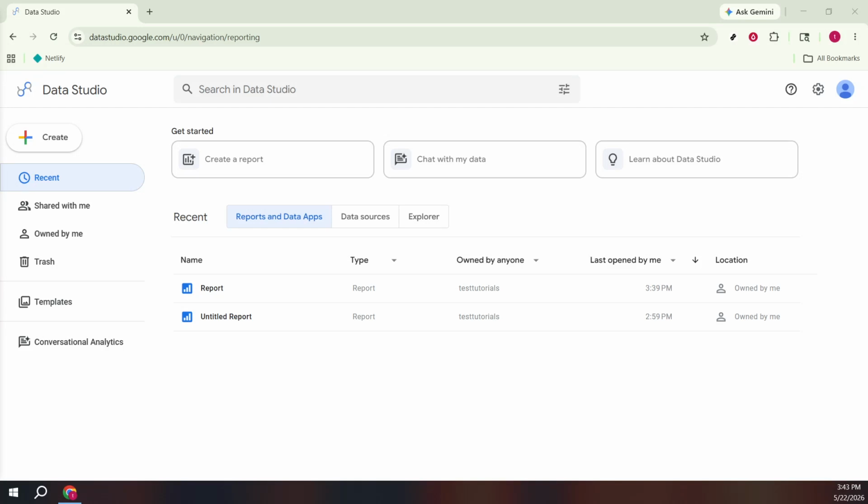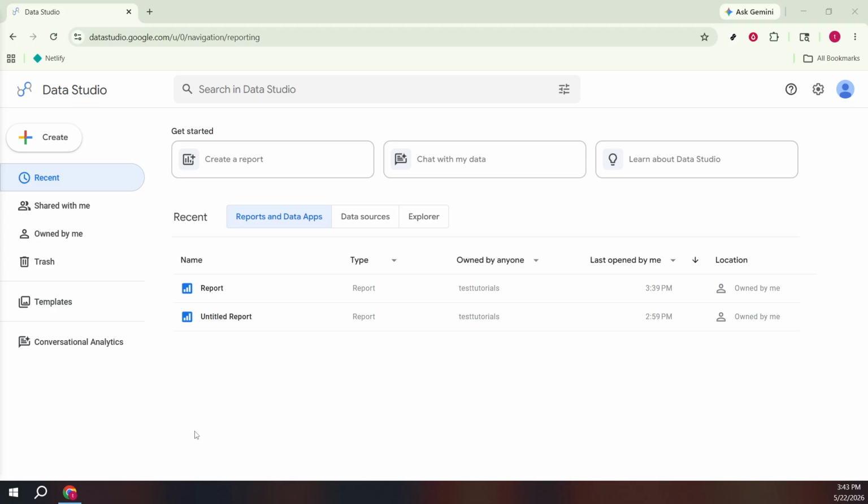In today's video, I'm going to teach you how to hide a page in Looker Studio. This is perfect when you're preparing a draft page, phasing out an old section, or simply keeping work in progress content out of your viewer's way while you build. We'll walk through the exact controls that make a page invisible to viewers while keeping it fully accessible to you